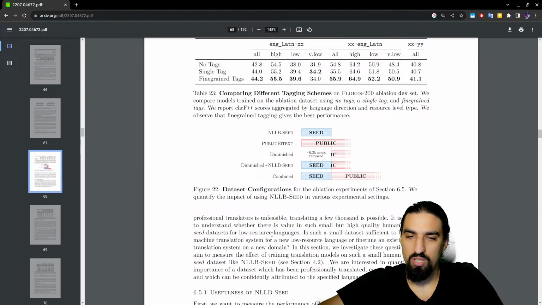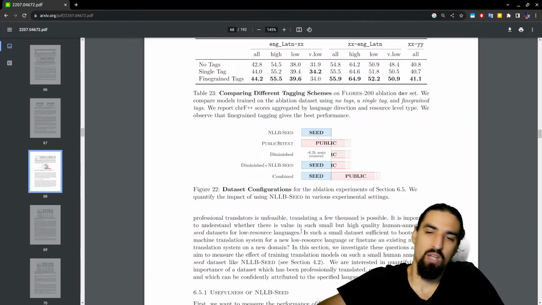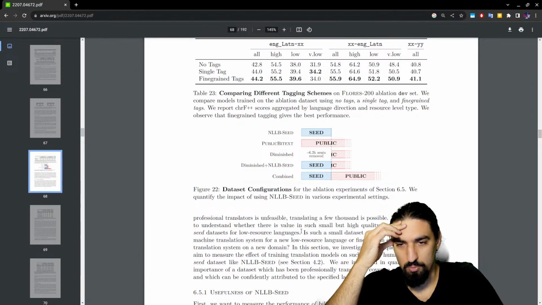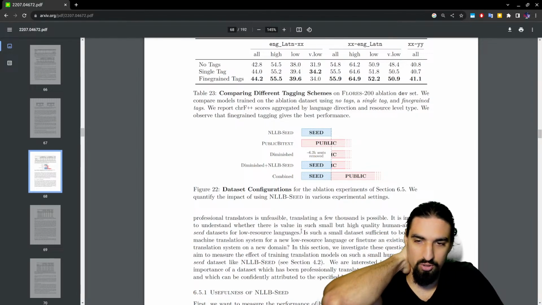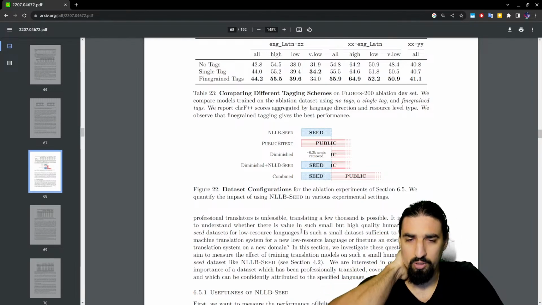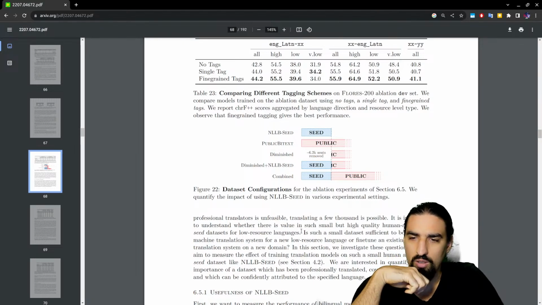It is important to understand whether there is value in such small but high-quality human annotated seed datasets for low-resource languages. Is such a small dataset sufficient to bootstrap an empty system for a new low-resource language, or fine-tune an existing system on a new domain? To investigate these questions,